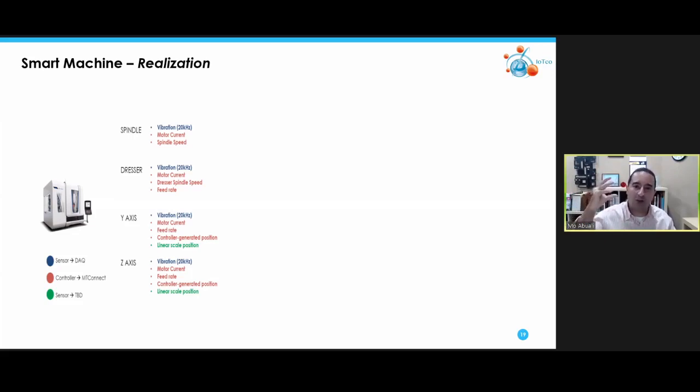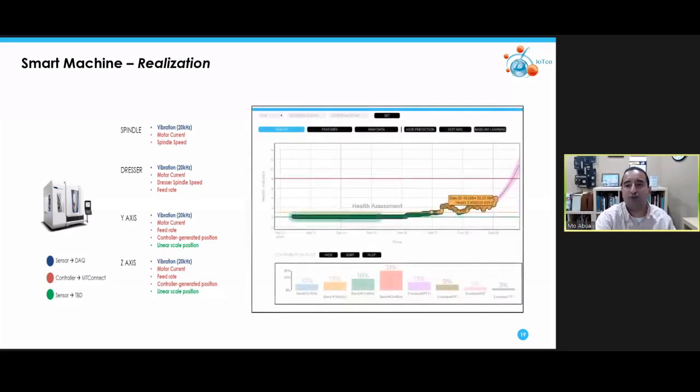I need vibration on my spindle bearing. I need to use motor current, feed rate, and speed on my dresser, my feed axis, for example. And again, I need an intuitive solution that is able to assess health, predict my bearing failure, and then tell me that I'm going to have an 8 kilohertz band frequency of failure, right? I'm looking at a component and I understand the geometry of that bearing, and I can actually diagnose using industrial AI that I'm having an outer race failure or an inner race failure or a ball failure on the bearing,